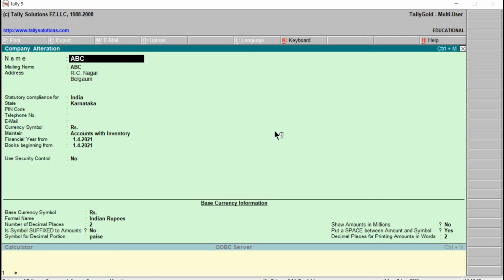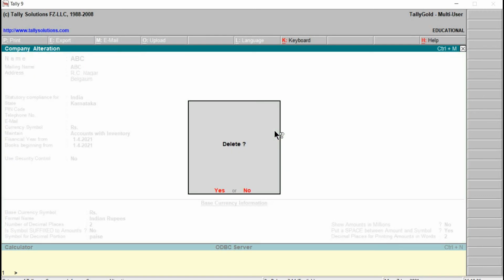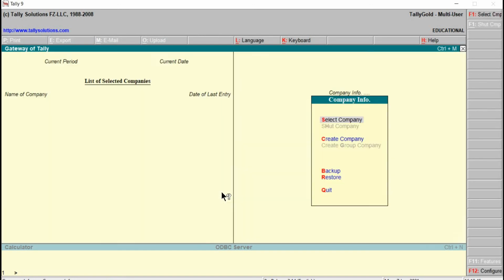Then we have to make use of the shortcut key, that will be Alt and D. Here comes the dialog box that is Delete question mark, then yes or no. You can just click on yes. Are you sure? Again yes. The particular company is deleted.